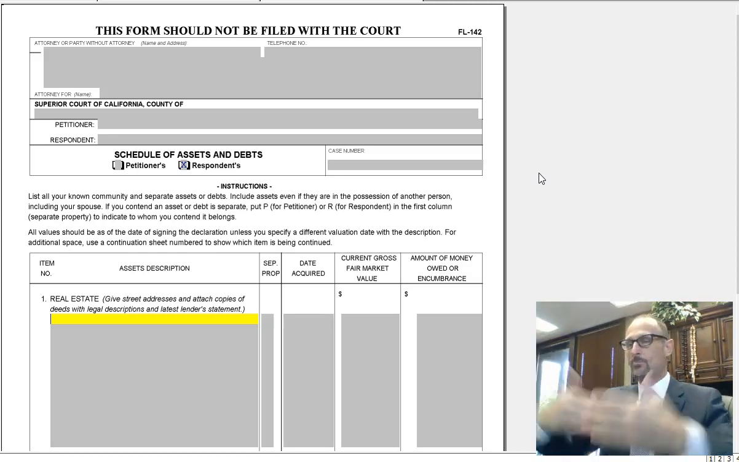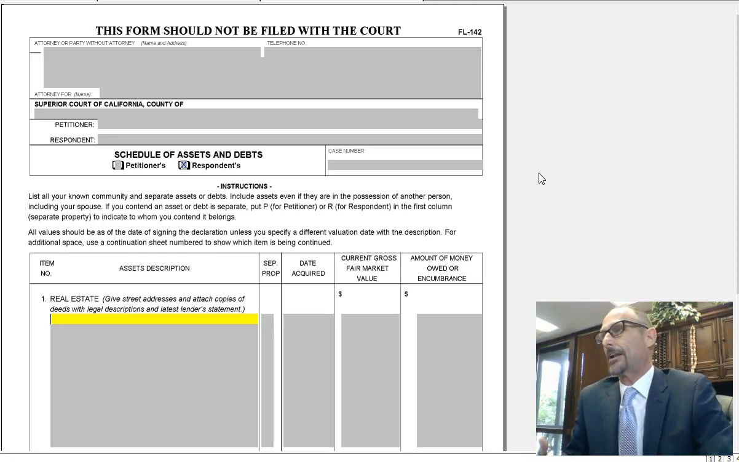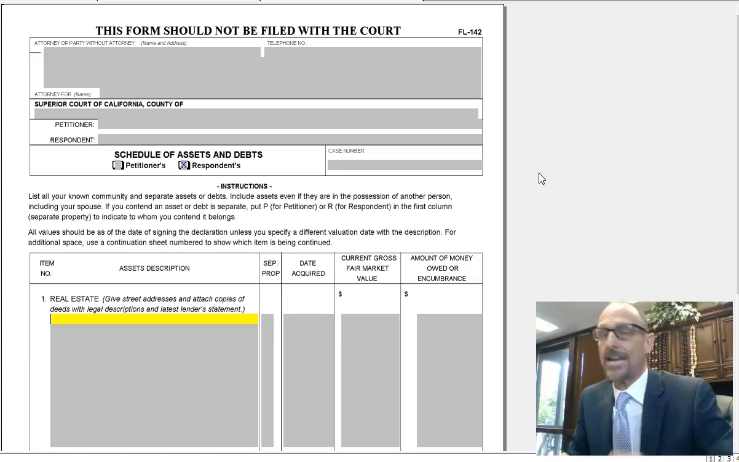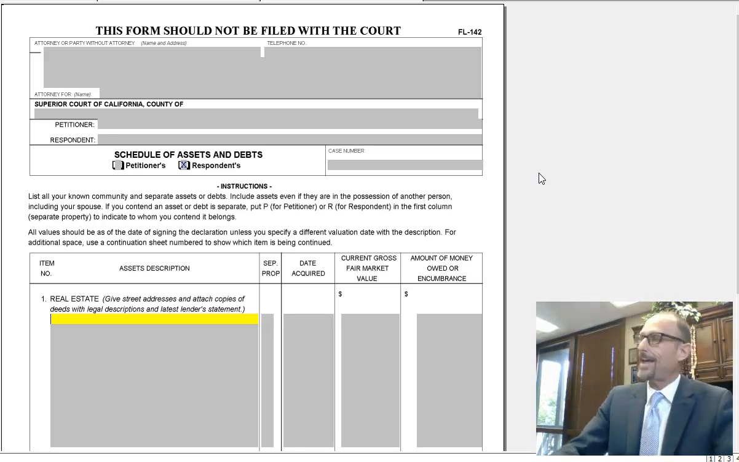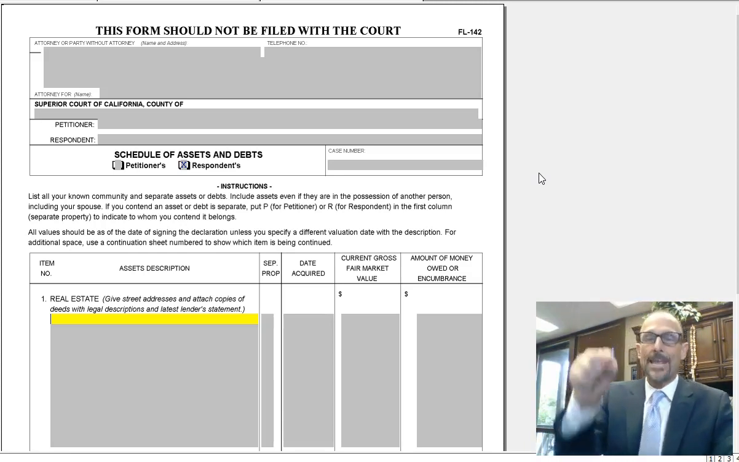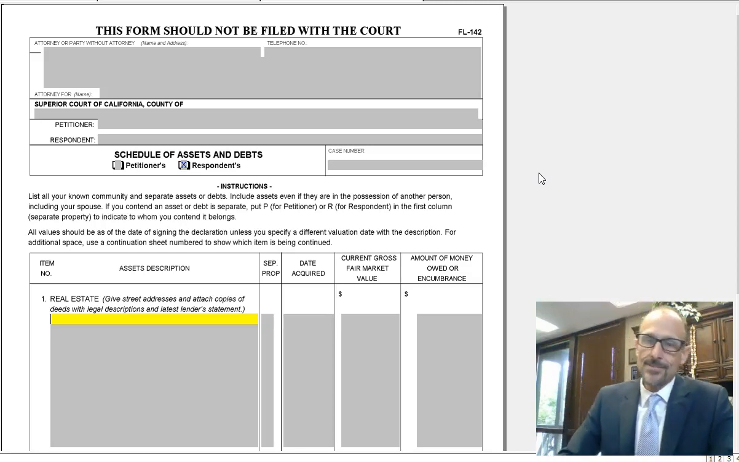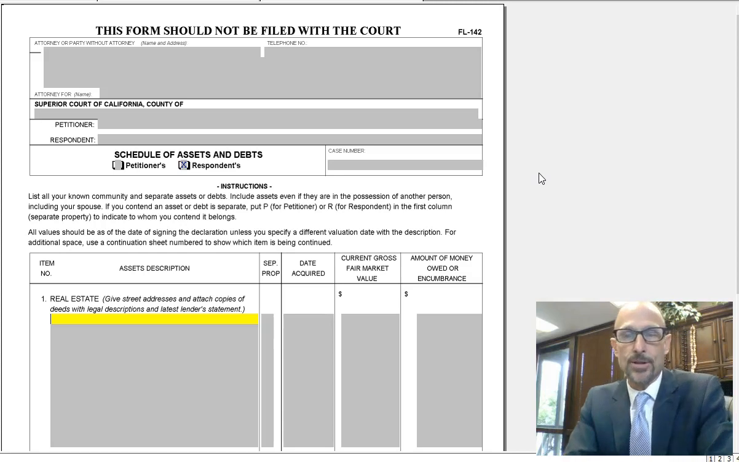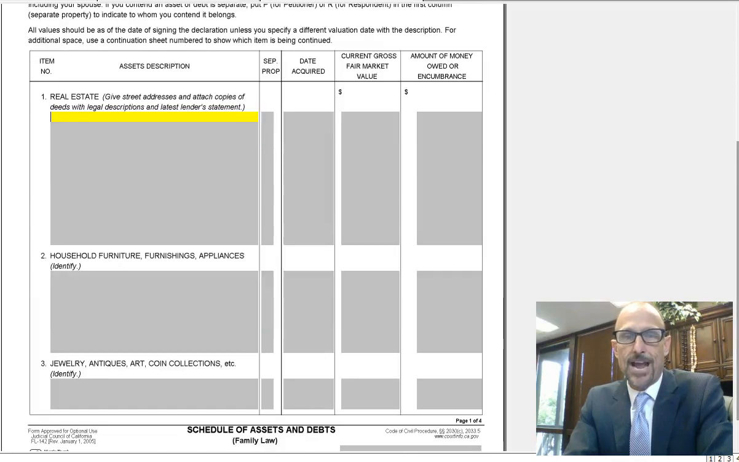So you can literally, if you need more space for any reason, take out a simple piece of lined paper or a yellow pad or whatever. If you had, for example, 30 pieces of real estate, it wouldn't all fit on here. So you just put a 1 and the other real estate information on the continuation sheet. And you want to list it on that continuation sheet exactly the way it is on this form. So a separate property column, date acquired column, current market value, and amount of money that's owed on the property or encumbered. All right, so let's go down this form a little bit, and let's move down to the number